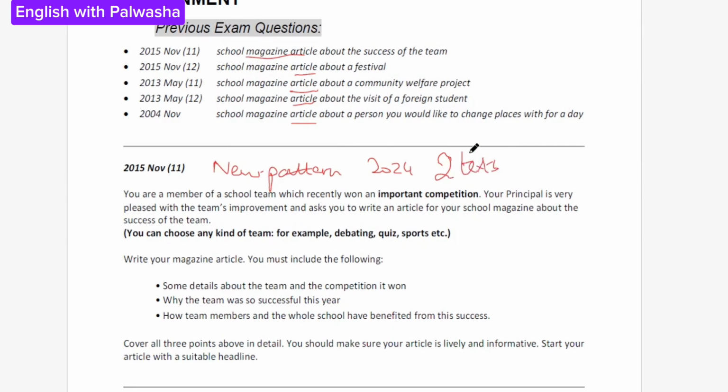Then you are going to follow this pattern, and there are going to be only two content points, not three. So you have to follow only two content points. You can choose any kind of team, for example, debating, quiz, sports. You are a member of a school team which recently won in an important competition. Your principal is very pleased with the team's improvement and asks you to write an article for your school magazine about the success of the team.